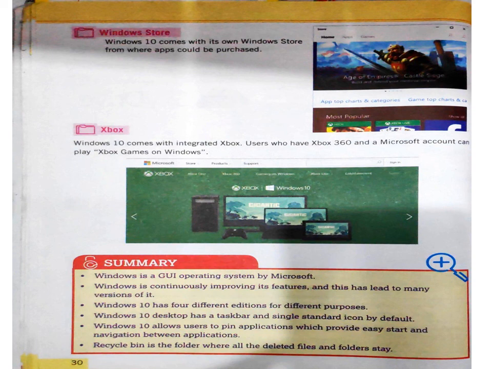And lastly, it has Xbox. Windows 10 comes with Xbox, and with the help of Xbox and a Microsoft account, you can play Xbox games as well as access Xbox music with this Xbox feature of Windows 10.